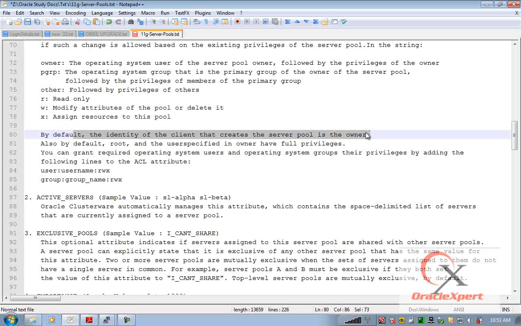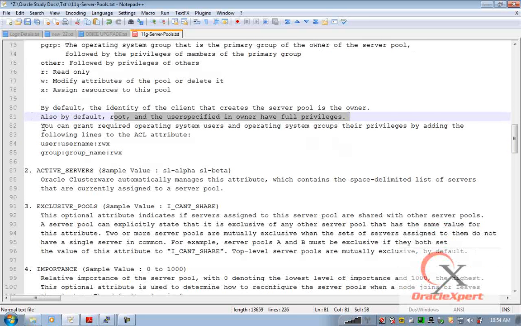So whosoever creates the server pool becomes the owner of that server pool. Also by default, root and the user specified in the owner has full privileges. So anybody like root user would anyways have full privileges on it. You can grant required operating system users or operating system groups their privileges by adding user Tom followed by privileges